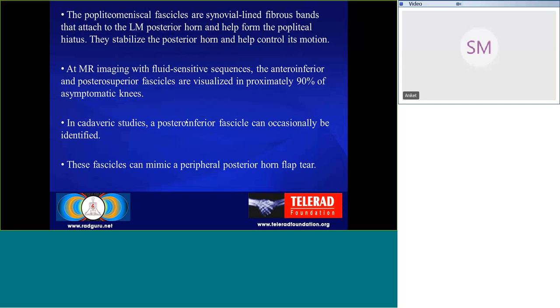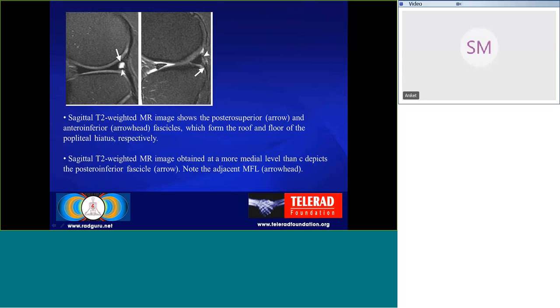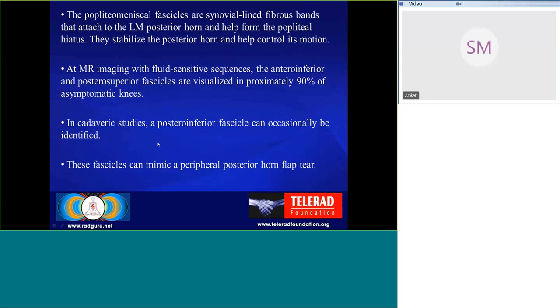At MR imaging with fluid sensitive sequences, another thing is the meniscal fascicles. These are synovial lined fibrous bands that attach to the lateral meniscus posterior horn and form the popliteal hiatus. They stabilize the posterior horn and are also helpful in